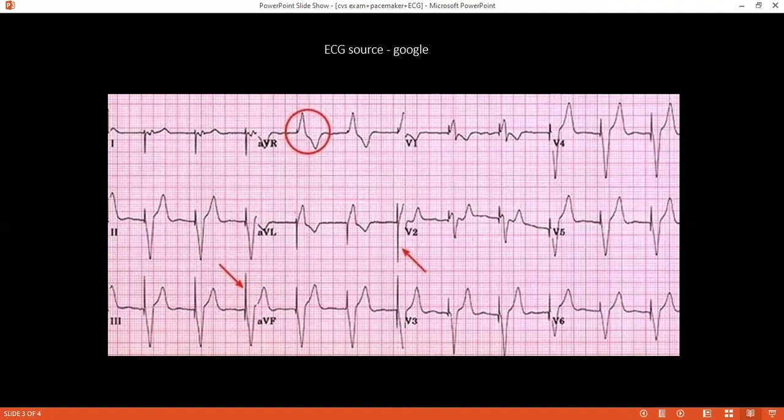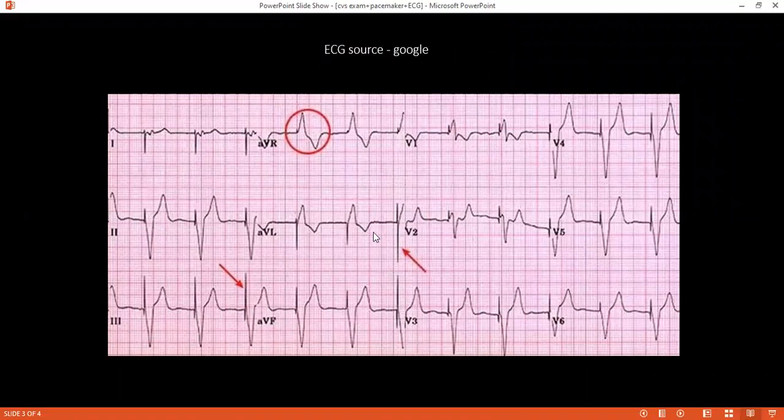There is a U shape, and there is a wide QRS, and what about the T wave, it is inverted. What type of stimulus, or what type of ECG is this? Arrow